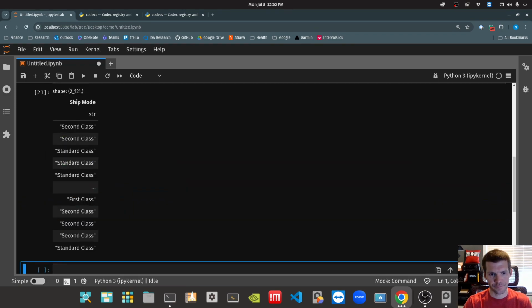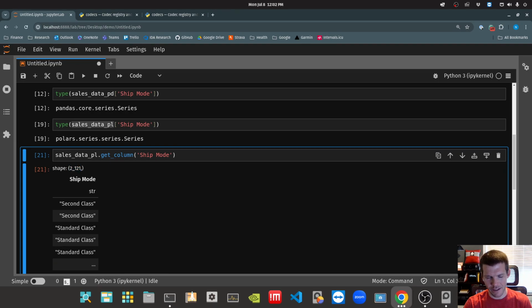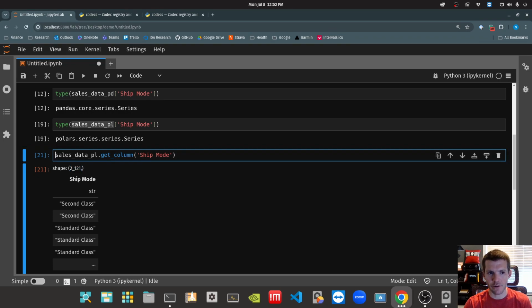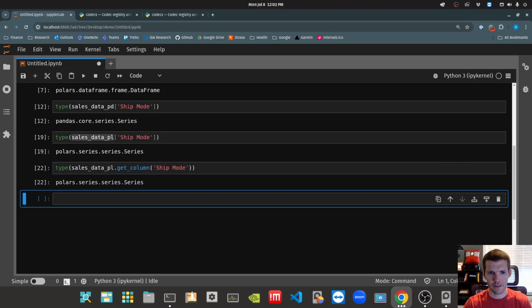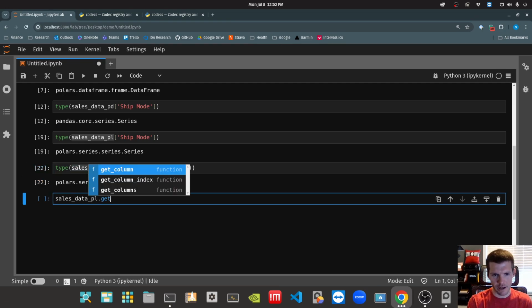mode name. Notice here that we're getting that back. Again, it's a vector, so it's got 2,121 entries, and that's the only dimension that's provided. So in fact, this should be a Polars series as well. Okay, let's just test one additional thing. So if I do that get column,